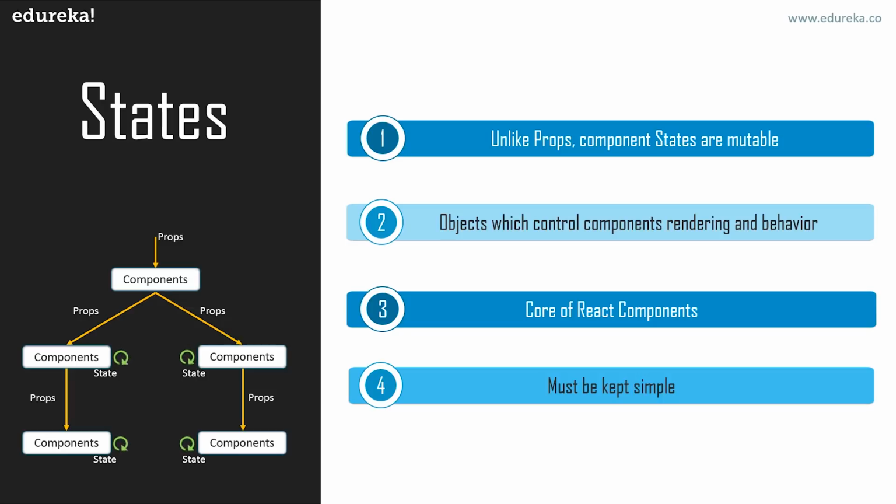But the important thing is that state should be kept simple as much as possible, because we know what props are. How can you compare the props and state? So props are the values which are passed in by a component's parent. So you can see here that the props are the value passed in by a component parent. This value is passed to another component as a prop, and the value is again passed to another component as a prop. State is local, mutable data that can be created and modified within the component.